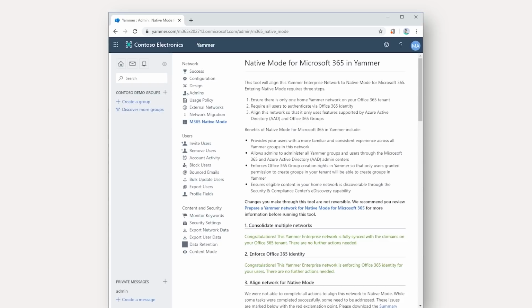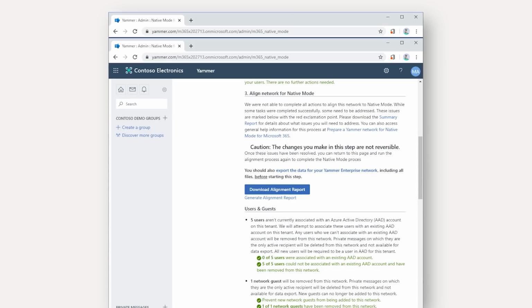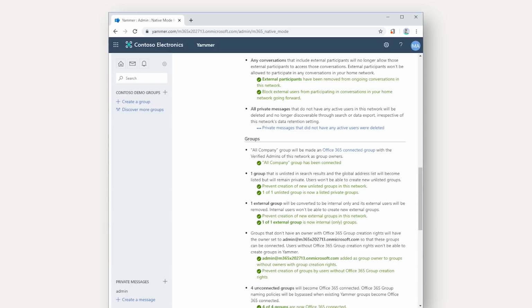And who is this tool available for? So right now, for existing customers, native mode is in preview functionality. So the only people who have access to get their existing Yammer networks into native mode are those who have signed up through the preview program. However, any new customers that have signed up since January will have been created in native mode by default and already have access to this functionality. We are currently working on the native mode alignment tool, which will continue to allow existing customers to get their network into native mode, and that's going to begin rolling out general availability at the end of this month.